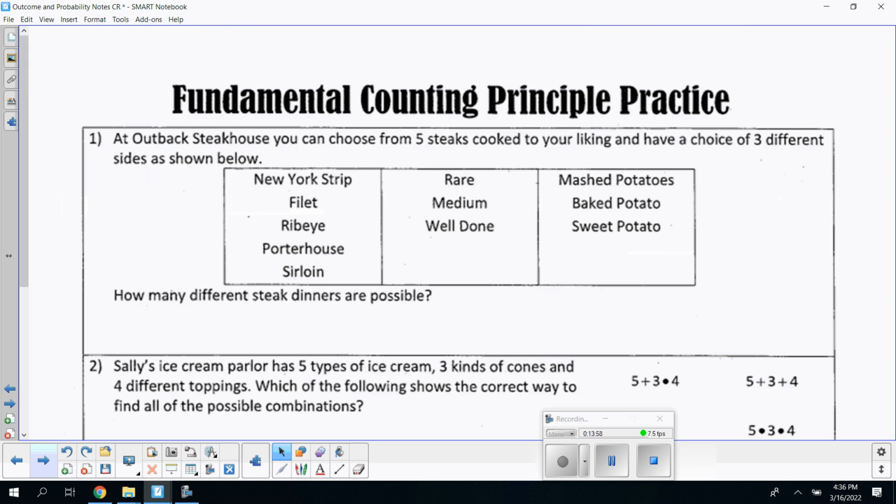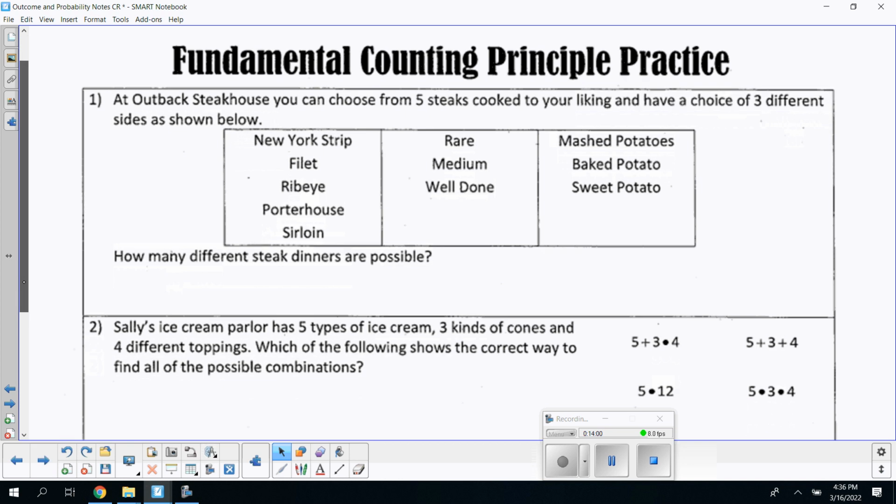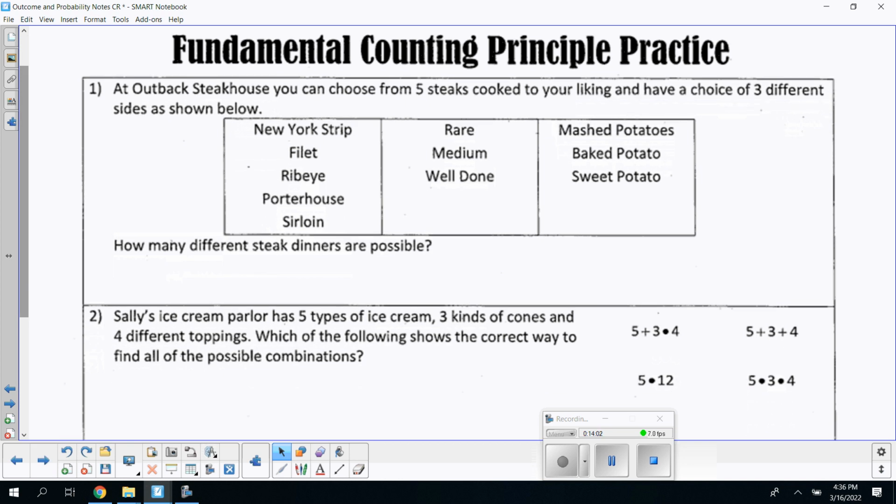Okay, for this fundamental counting principle example, we are at the Outback Steakhouse. You can choose from 5 steaks to cook to your liking and have a choice of 3 different sides shown below. So we have our New York strip, our filet, our ribeye, our porterhouse, our sirloin. We can have them rare, medium, or well done. We can also have mashed potatoes, baked potatoes, or sweet potatoes. So how many steak dinners are possible? Well, we have